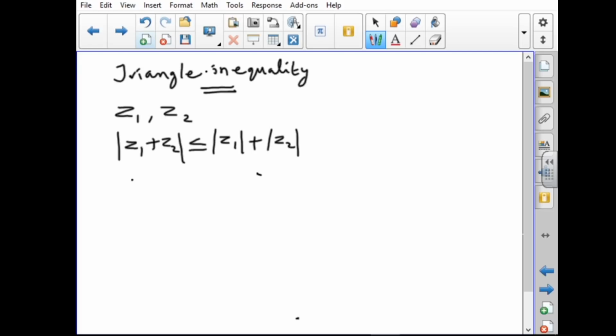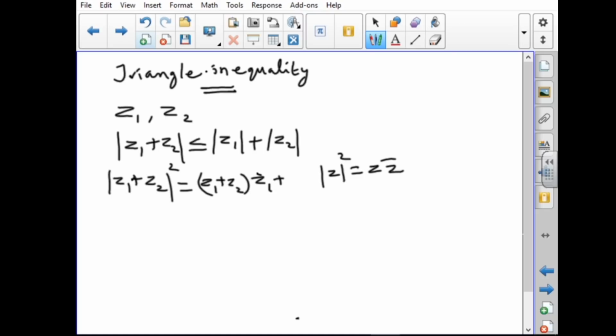So, consider the left hand side, modulus of z1 plus z2. We know that modulus of z square is equal to z into z bar. So, now consider modulus of z1 plus z2 the whole square. It is equal to, z is nothing but here z1 plus z2, so z1 plus z2 into z1 plus z2 the whole bar. So, using this property,